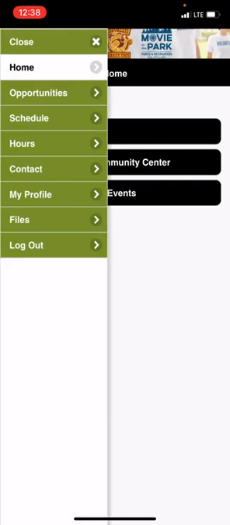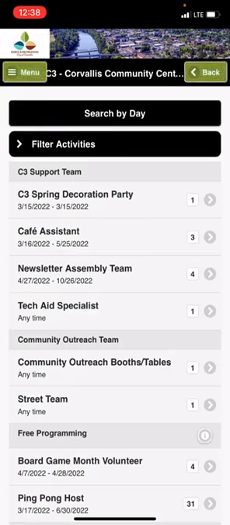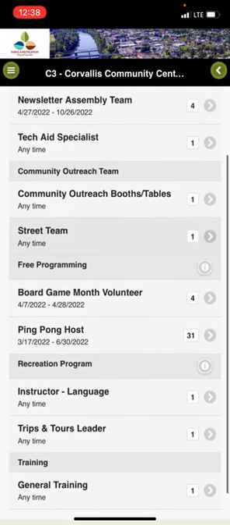And from here, you can see all of the tabs for which you can utilize those. We're going to be looking today at the Opportunities and the Schedule tab, but first, let's go ahead and select the Opportunities tab. And that's going to open this new page. If you're a member of multiple sites or organizations, you'll have multiple sites or organizations available to look through. Today, we're going to look at volunteer opportunities with Corvallis Community Center. So I'm going to go ahead and click on that middle button to open this new page with the listing